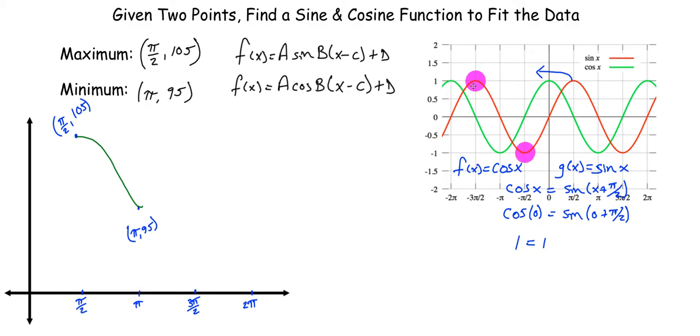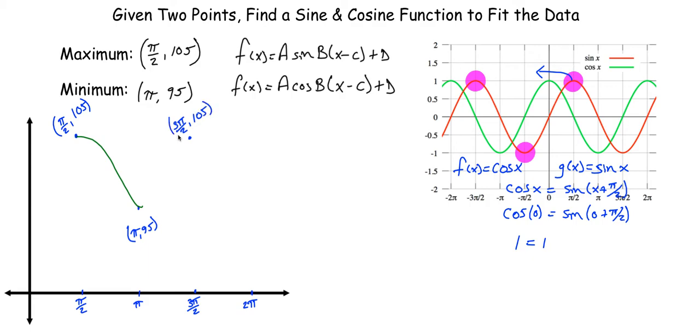So if I go from the maximum to the minimum and then back to the maximum again, that would be a full period, and that's really what I need to have. Since the horizontal distance between these is pi over 2, I need to go pi over 2 units again. That's going to bring me back to 3 pi over 2, approximately this point right here,